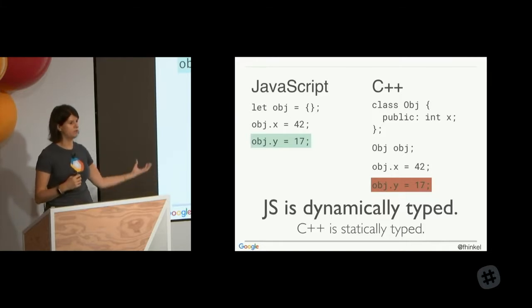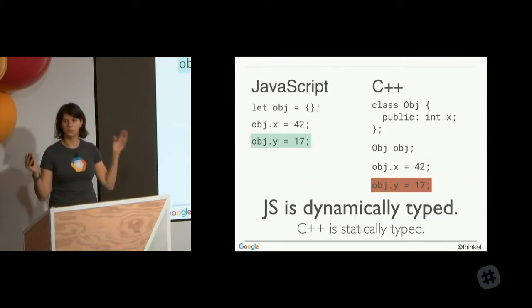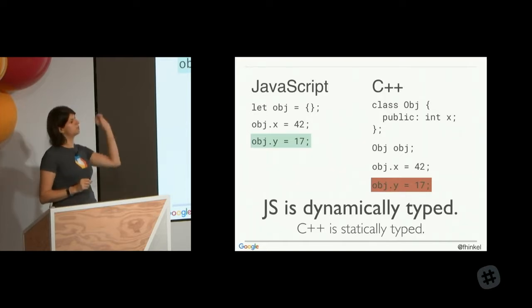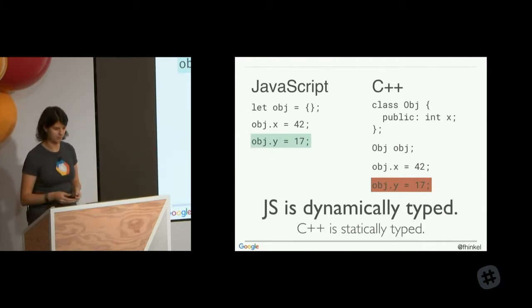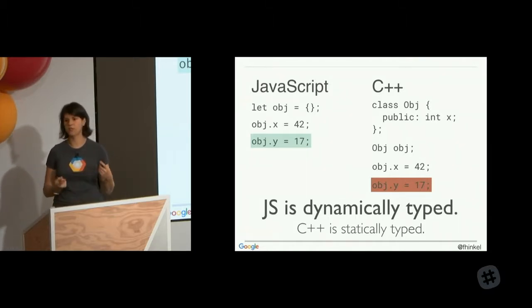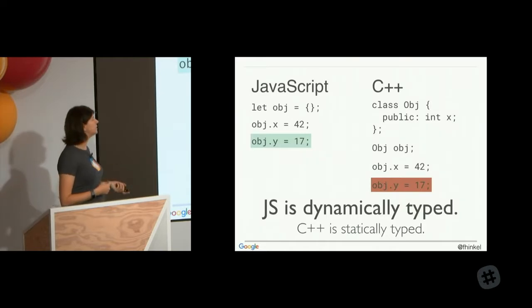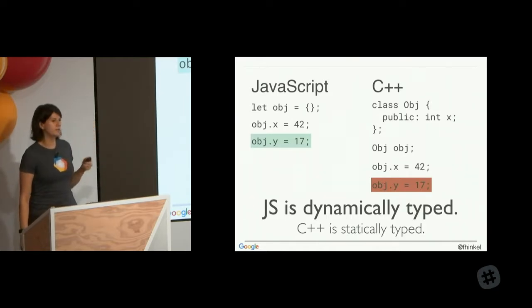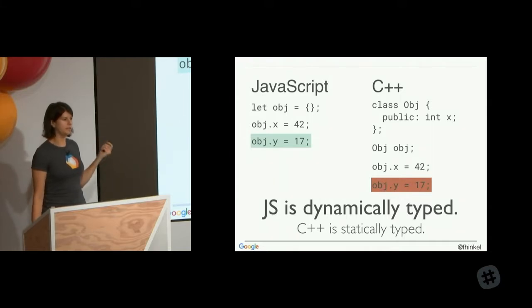Say you're getting JSON over the wire and you want to put this JSON into an object. You don't have to first say, oh, it's going to have these properties and now assign the JSON to it. No, you just take the JSON and it's dynamically creating these object types. That can be really nice when you do work with things like JSON. It's also very nice when you're just learning a language or when you're prototyping something. But for a compiler, it's a lot of work because you're not telling the compiler upfront what will happen.